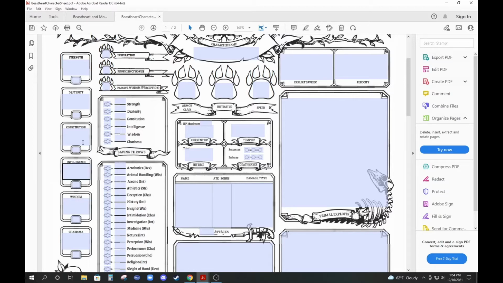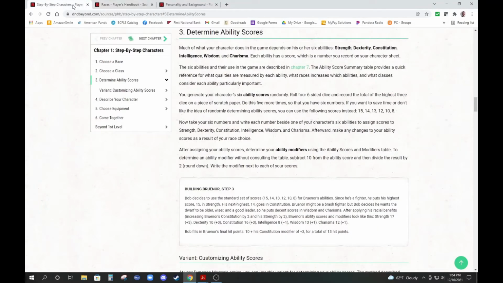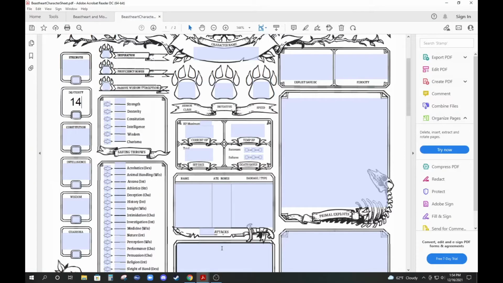So I'm thinking that I'm going to put a 14 into the dexterity. Again, our standard array, that 15, 14, 13, 12, 10, and 8, I believe. Yep, 15, 14, 13, 12, 10, and 8. Double check D&D Beyond there real quick. So we're going to put 14 into our dexterity,